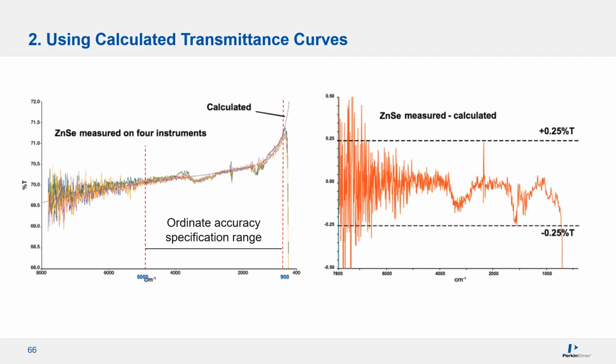To test the performance at other transmittance values than germanium, we have measured zinc selenide, typically 70% transmittance, and calcium fluoride, or 94% transmittance, and compare these results with the calculations from refractive indices, which is our second approach to verifying spectrometer performance. Shown here is zinc selenide measured on 4 separate instruments, demonstrating the high precision of these Spectrum 3 Optica